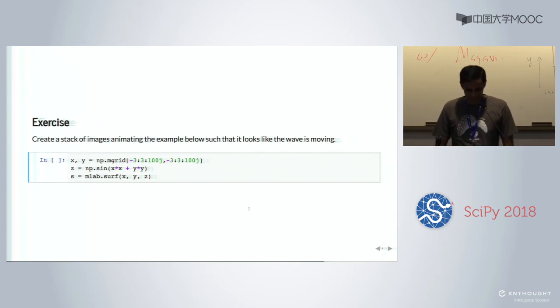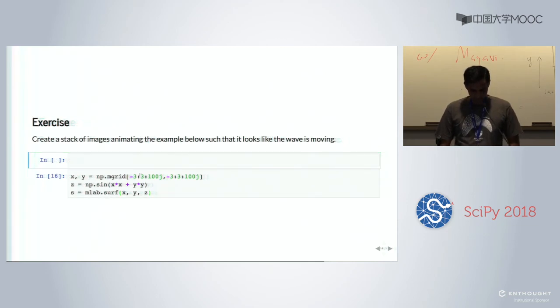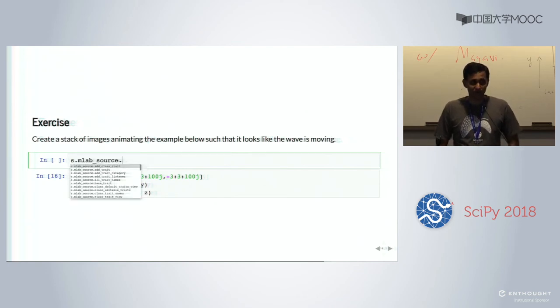That's a good question. That's an excellent question. So let's try and answer that question. So here, if you notice, sorry. So one way is to look at the documentation, unfortunately. The other way is, if you do this .tab, you'll see a bazillion options, all right?